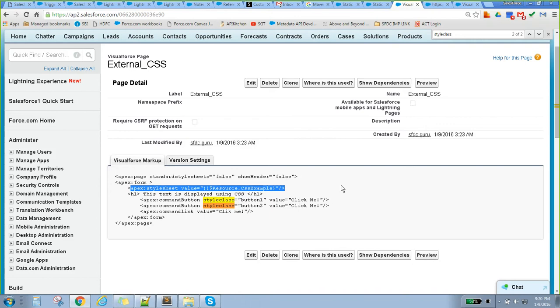If you are using inline CSS, then it will take more time to load the page, because CSS, JavaScript and everything will load first. After that it will render the page.